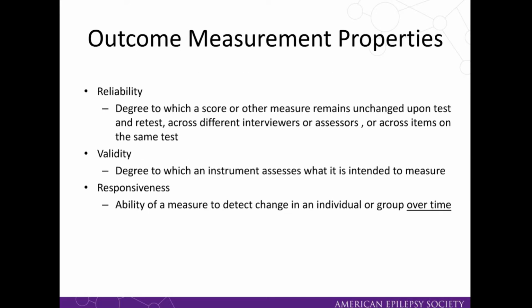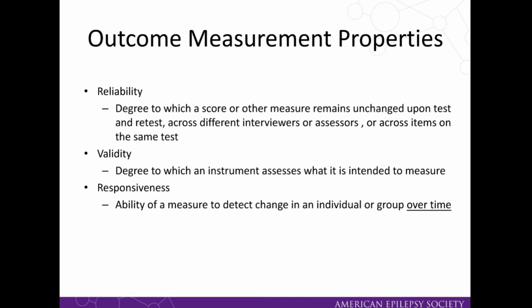Our next slide regarding outcome measurement properties focuses on the aspects of evaluation that determine the quality of the measurements. These are typically reliability, validity, and responsiveness. Reliability is the degree to which a score or measure quantifies the accuracy of the assessment, and there should be minimal change upon test-retest. For example, there should be minimal difference in high-quality assessors,